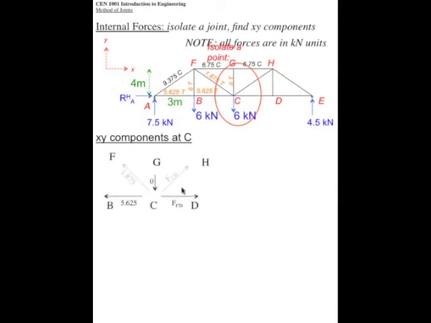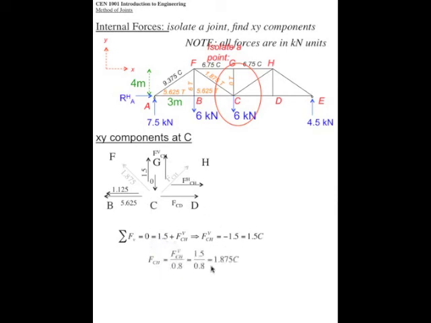So here we are again, a little more complicated. We're assuming tension again. These are the two unknowns. Break them into our components. Here we have these components. Summation of verticals, 1.5 plus CH vertical. Well, when we solve for that, it comes out negative, so we know that that assumption was wrong. It should be compression, so this should be in the other direction. So the hypotenuse, again, vertical divided by sine,